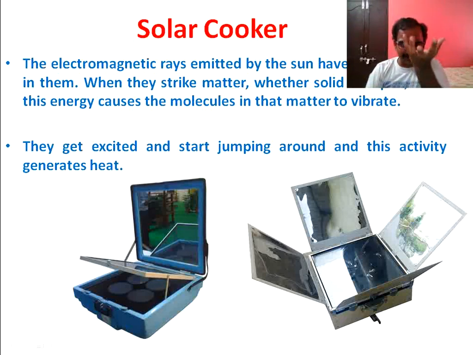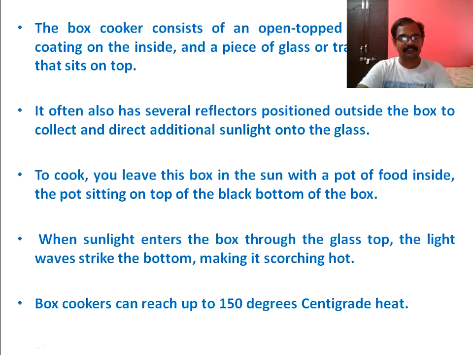So, once the sunlight falls onto that glass layer, it will be transparent to the solar light and will be entering into the wooden box, and the wooden box is coated with black color material, and it will absorb the heat energy, and that heat will be transferred to the cooking pots, and the cooking pots are also coated with black color, and thereby they also get heated up, and inside it we have the rice or anything which will get cooked. It is how the solar cooker works.